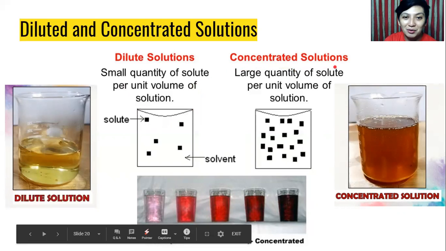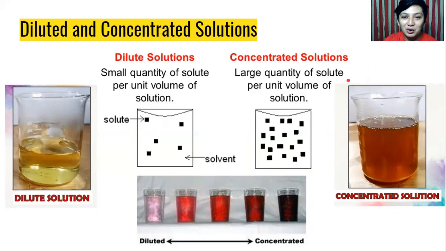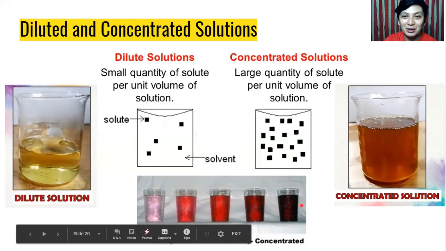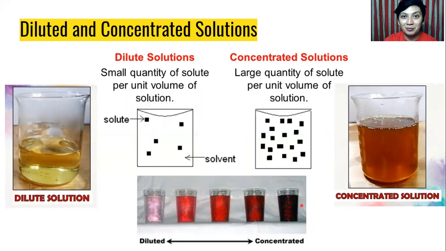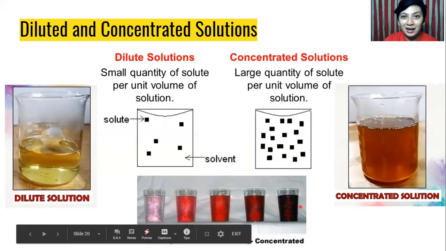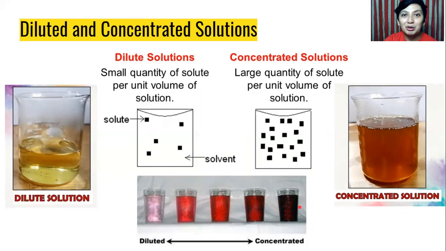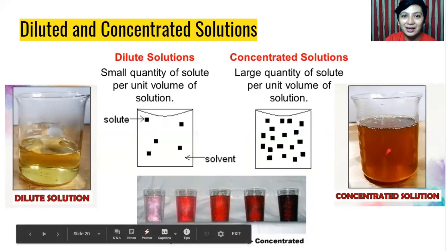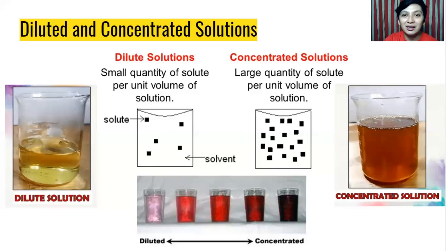While concentrated solutions are large quantity of solute per unit volume of solution. And this is what it looks like as an illustration. And for example, this is what it looks like. For example, yung juice. Okay? Yung mga binibiling nakabote na juices, those are concentrated. Meaning to say, you need to add some water for you to be able to drink it. Dahil concentrated, ito yung matatapang na uri ng inumin. Okay, so we have diluted or dilute and then concentrated solutions. That's how it differs to one another.